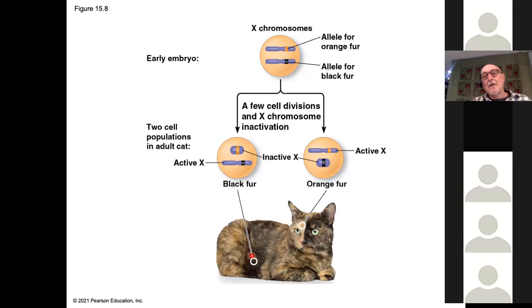Could you get this in a male? And the answer is no, you can't get it in a male, because the male only has one X chromosome operating at a time. It's either going to be black or he's going to be ginger, orange, right? He only has the chance of inheriting one of these that is going to be functional. So that's just,